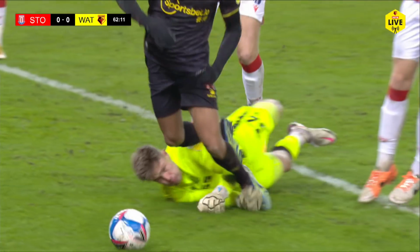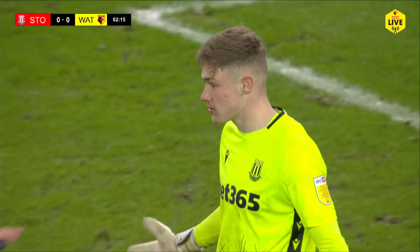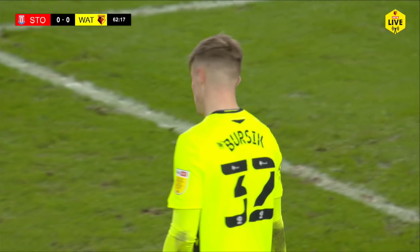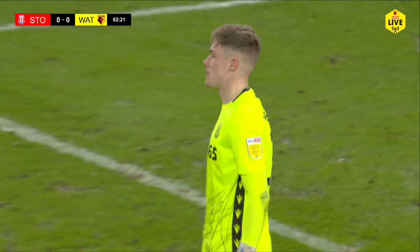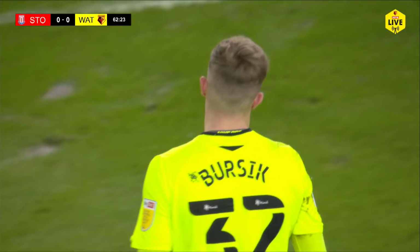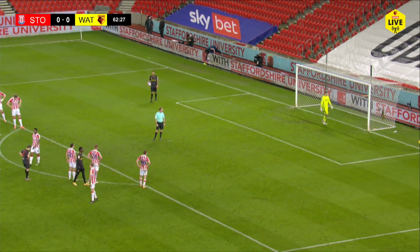Well, fabulous play from Watford initially, and then a great save from Bursic, as you think Ismaïla Sarr is going to put the ball in with the outside of his right foot. But then João Pedro's pace off the mark just took it past the goalkeeper, and a clear penalty. Now, what does Deeney do? Well,